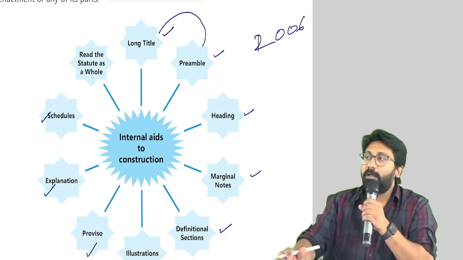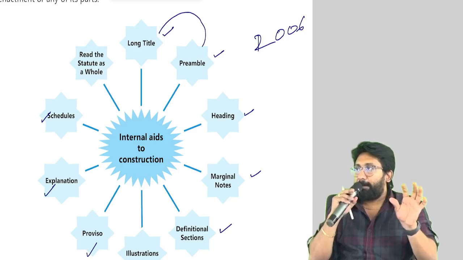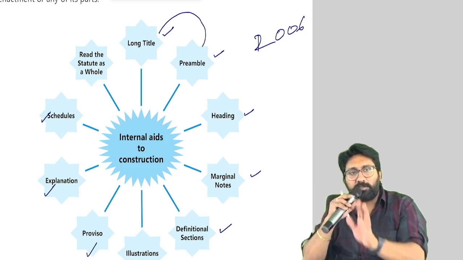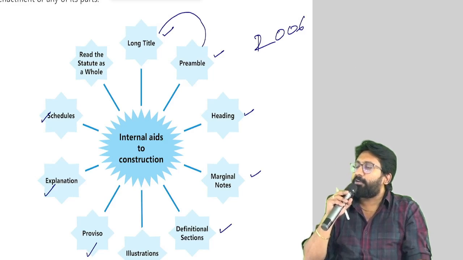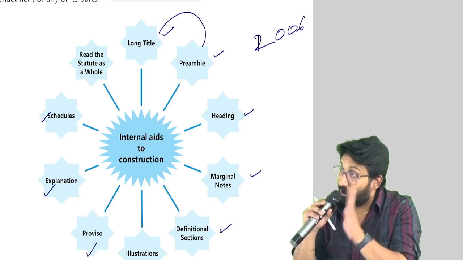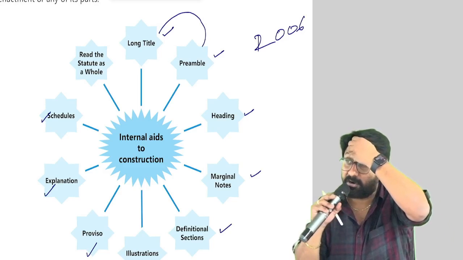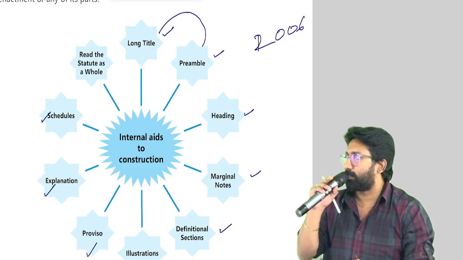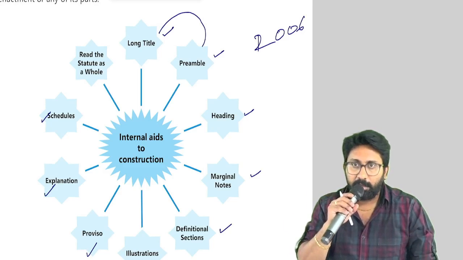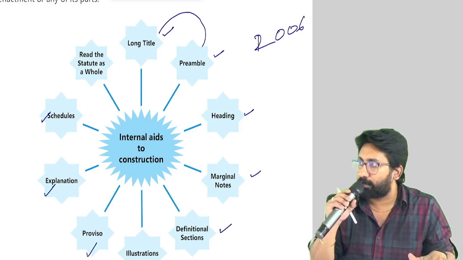Listening? The Companies Act 2013, short title. The LLP Act 2008. An act to consolidate and amend the law relating to foreign exchange in India. It was a long title once upon a time. Now it is called a preamble. This is not what I said, this is what the Institute material also said. Once upon a time, preambles were long titles. Now there is no separate long title. Long title became preamble. Has everyone understood the concept clearly?